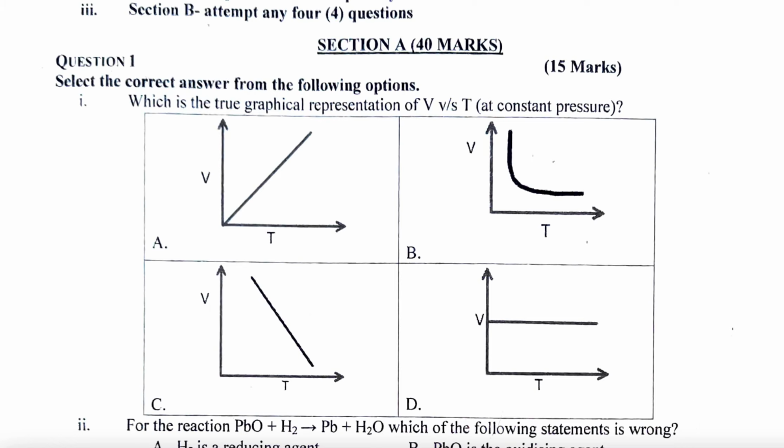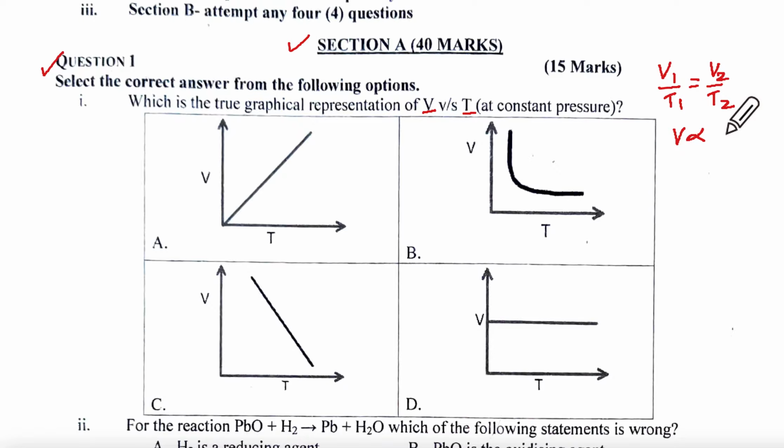Chemistry paper, 9 standard finals, yet another paper of 80 marks, section A, 40 marks, and question number 1 is MCQ. Which of the following graphs represents V against T at constant pressure? Now V against T means Charles' law. So we know that Charles' law says that V1 upon T1 equals V2 upon T2, which also means that